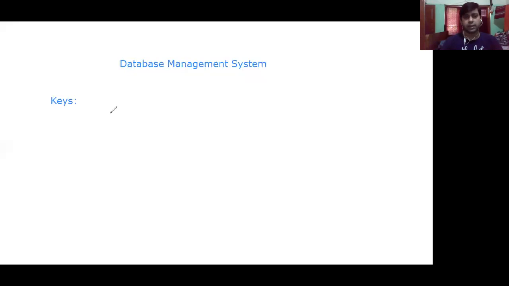Now I open this whiteboard again, okay? And here, let's suppose I want to tell you about the different keys present in the database management system. So keys is basically identification of a particular record in a database table, right? So there are different types of keys, starting with the first one, super key,